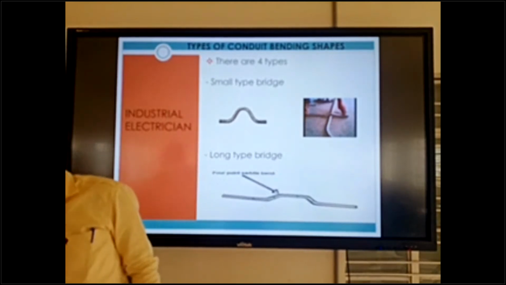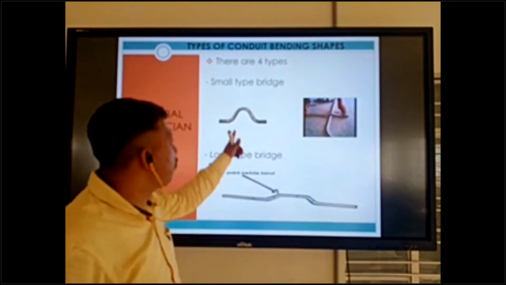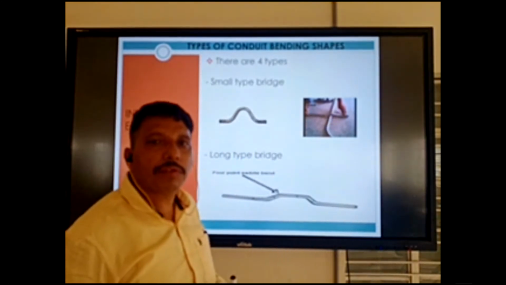I will explain how to mark a small bridge.